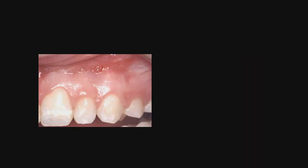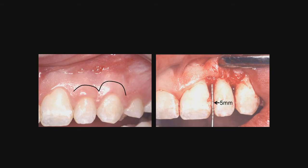But now here's what's interesting. I could have done the same thing here because look at the amount of free gingiva we have. That's an ideal indication for a simple crown lengthening. However, Dr. Tarnow's article, which was published in 1992, we're now about 1996, and I decided to test his hypothesis. So what I did,